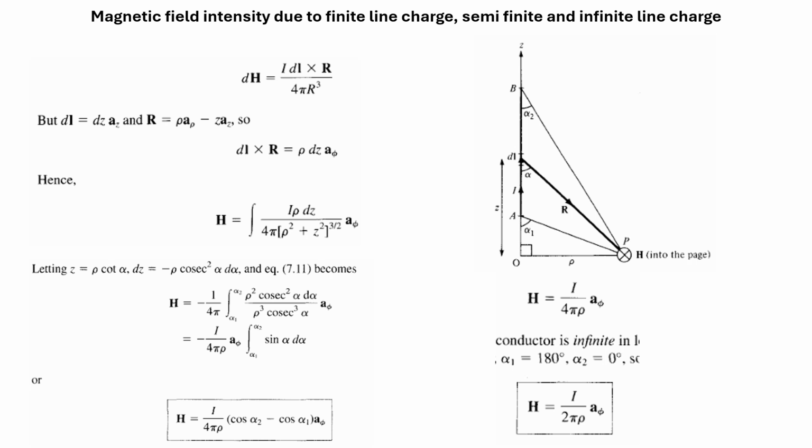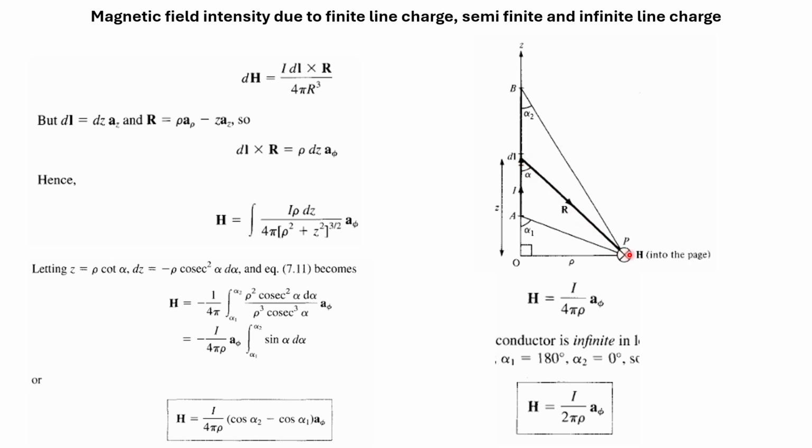First, suppose on the line A and B there is a small element dL. This line is A and B, and this is the dL. So first we will find the magnetic field intensity due to this small dl at this point